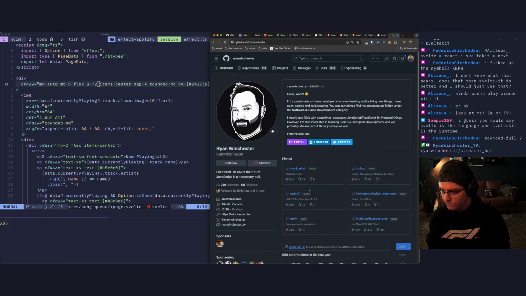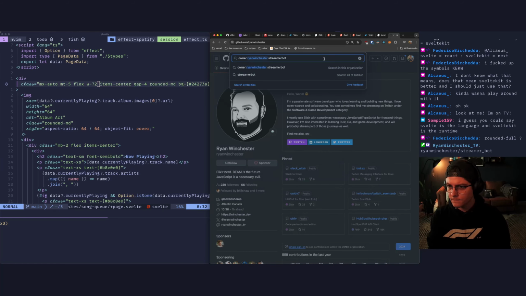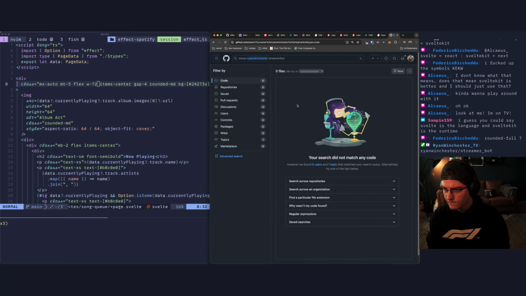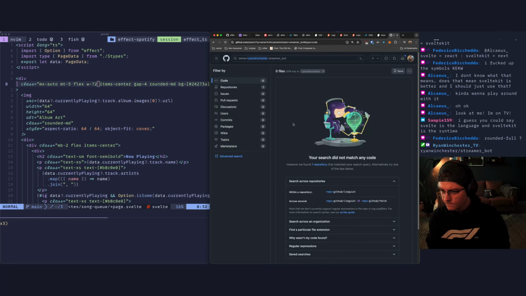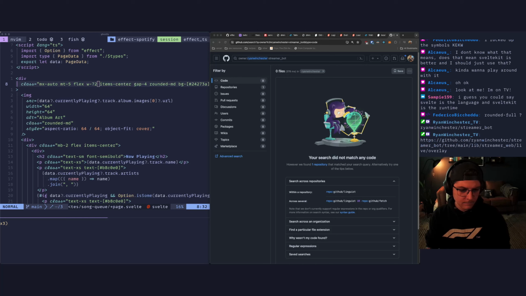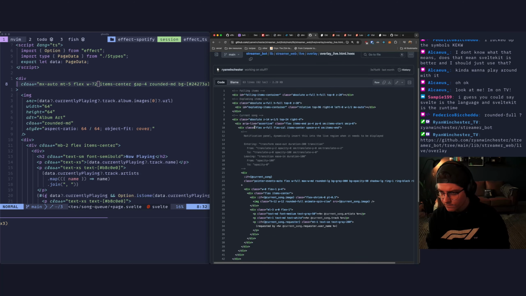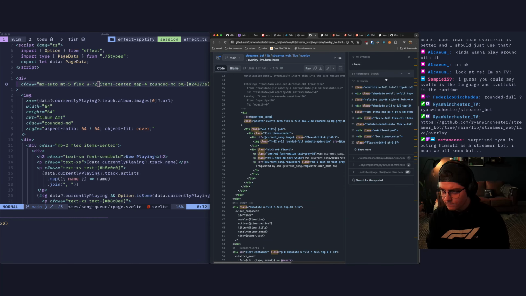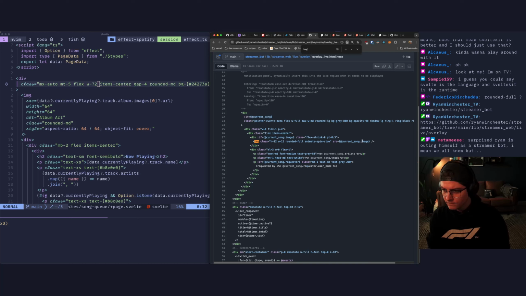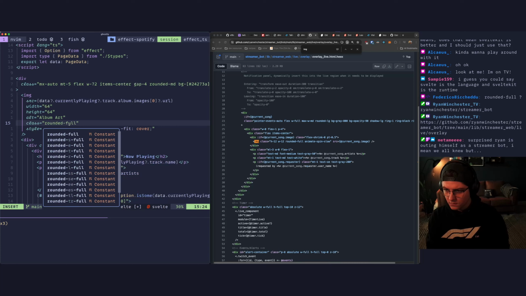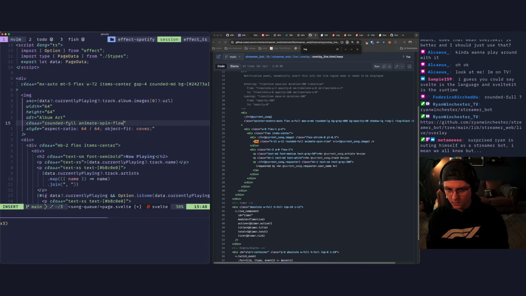Streamer bot. We're literally going to copy this. Rounded full. Animate, spin, slow.